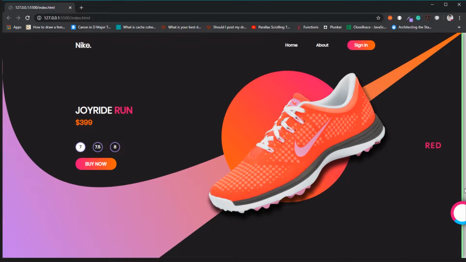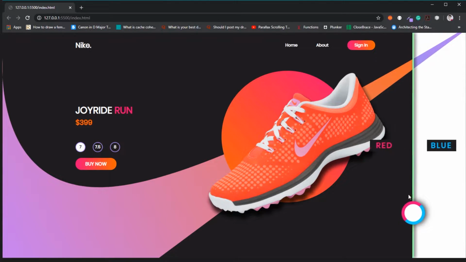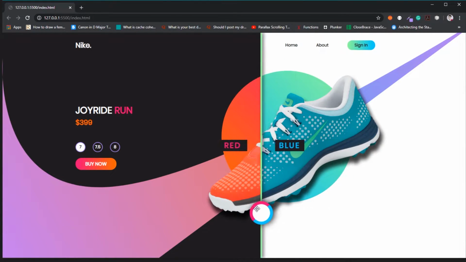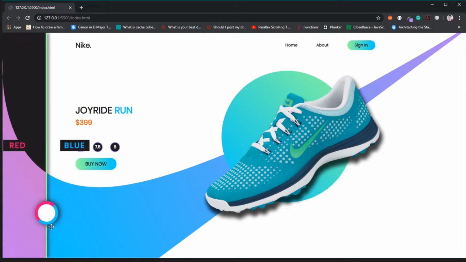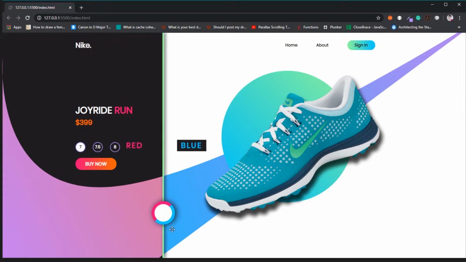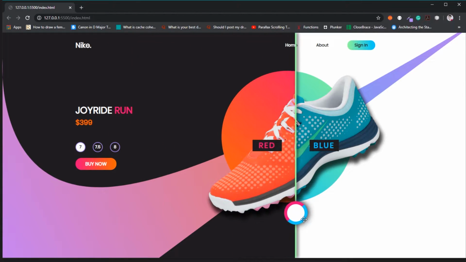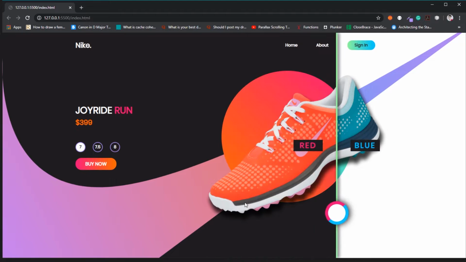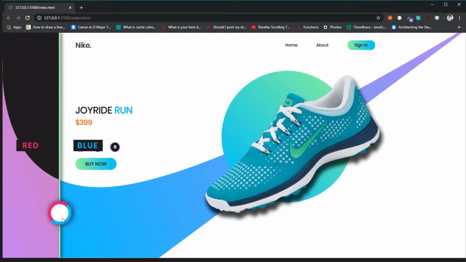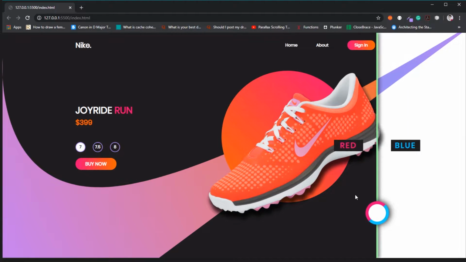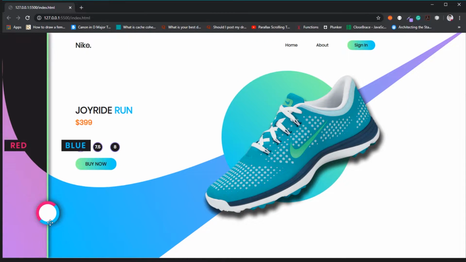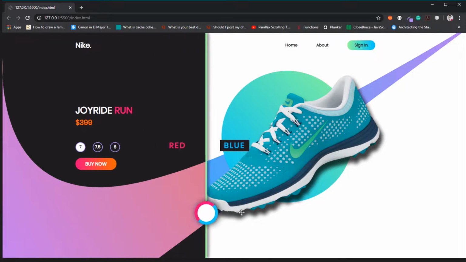So in this implementation I tried to make a day mode night mode switch, but you can use it for any other purpose like changing the color scheme based on products or something else. So basically the idea is to have two overlapping layers of HTML having different color scheme, and we change the width of the top layer as we drag this div around. So that's pretty much it. So without wasting any more time, let's quickly jump to the coding part.